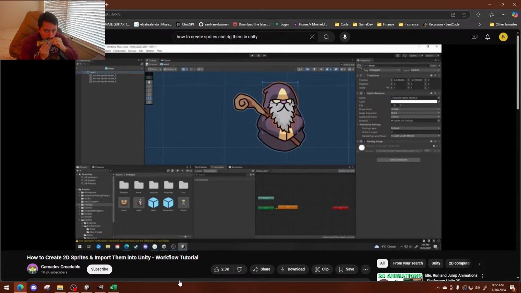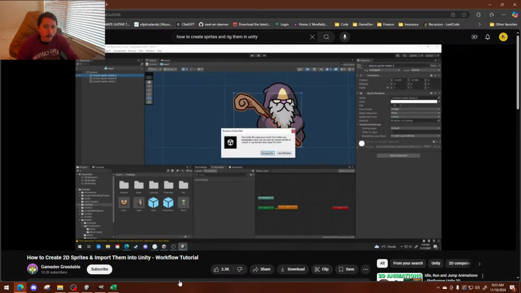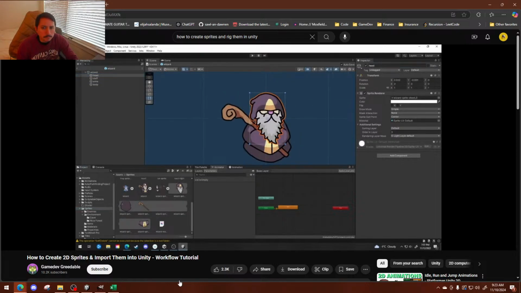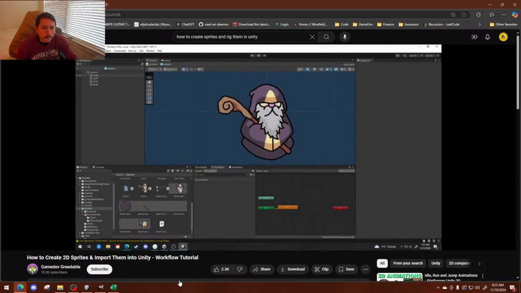Oh, you know what I should do actually? I'm going to call this wizard. And then I'm going to call this staff, arms, and body. I just realized I probably don't want the head to actually be the parent container for this, so I'm just going to go ahead and change that. Okay, now that we have our sprite organized and everything's in the correct spot,